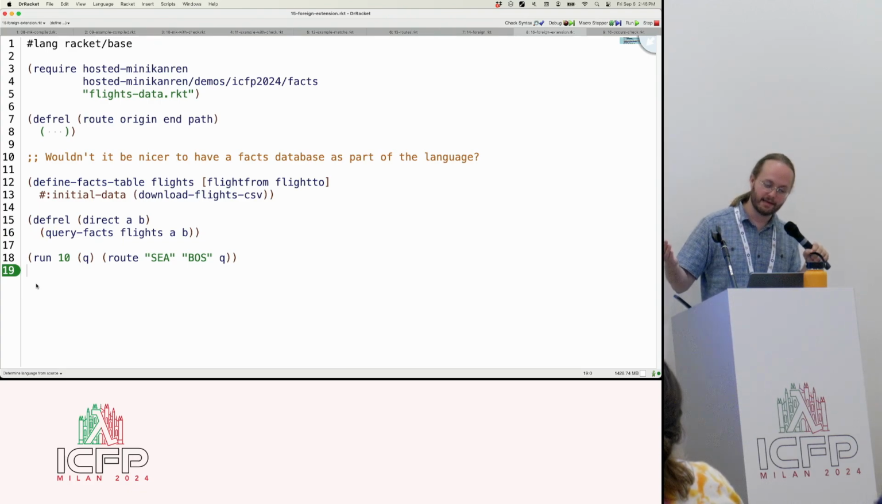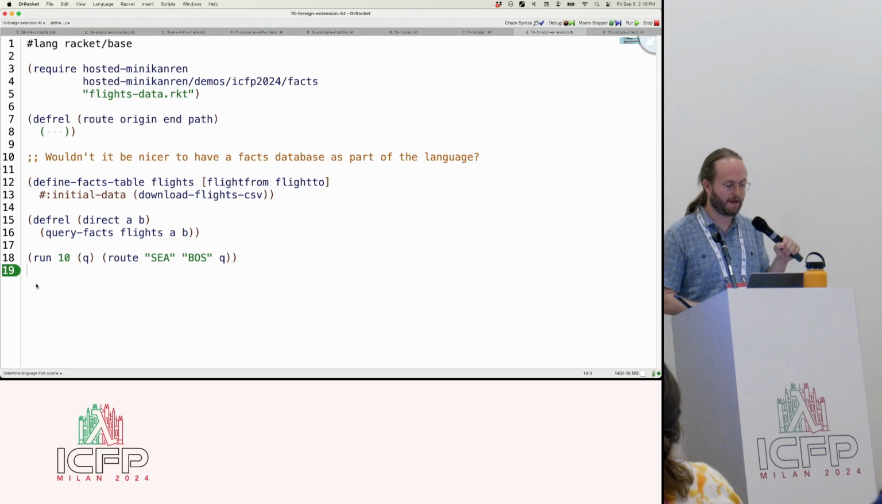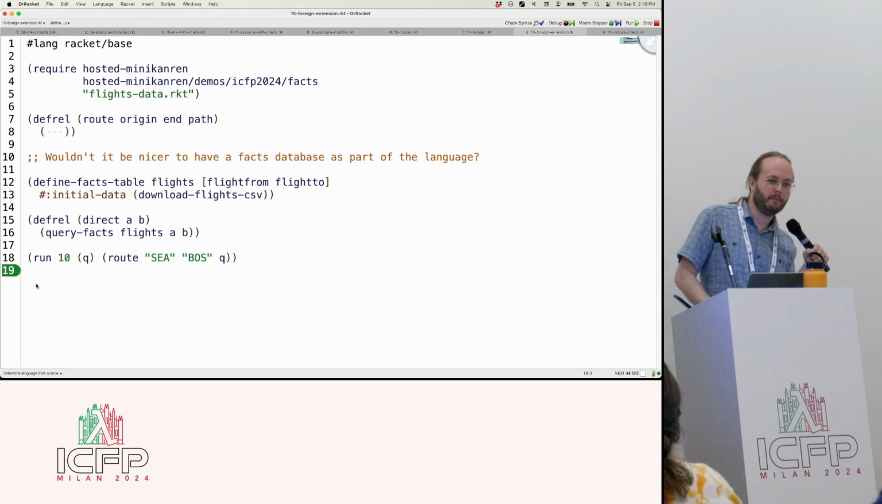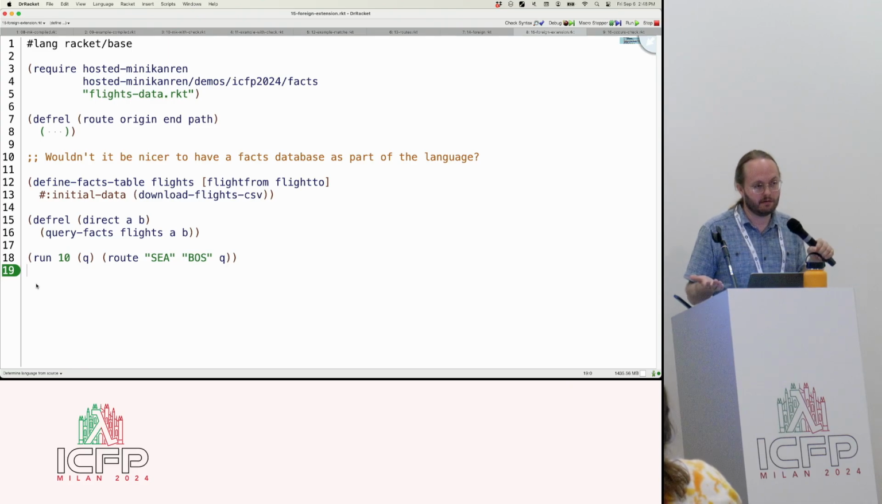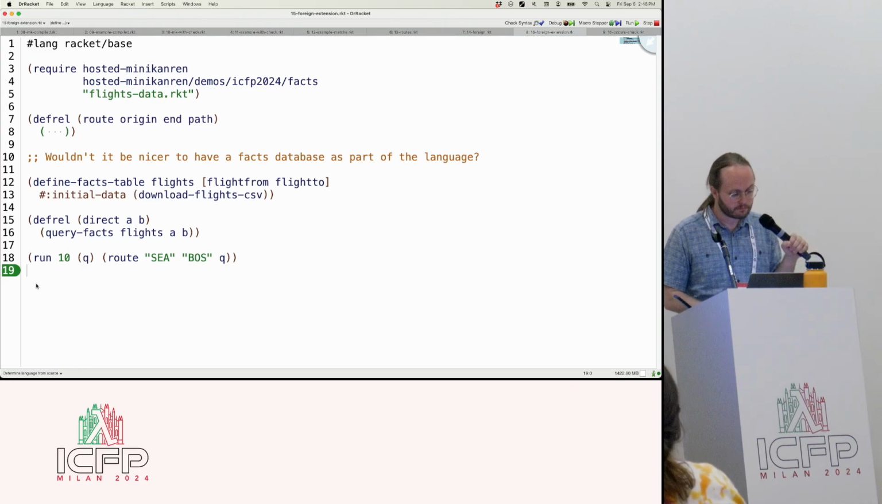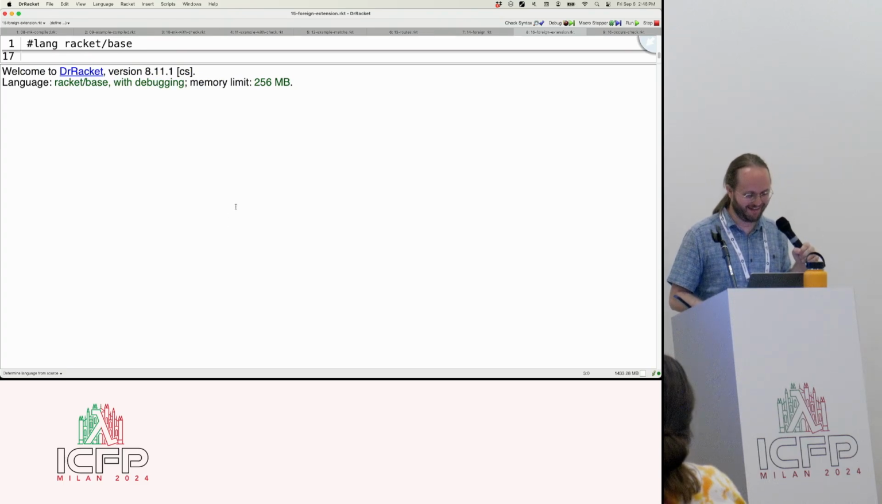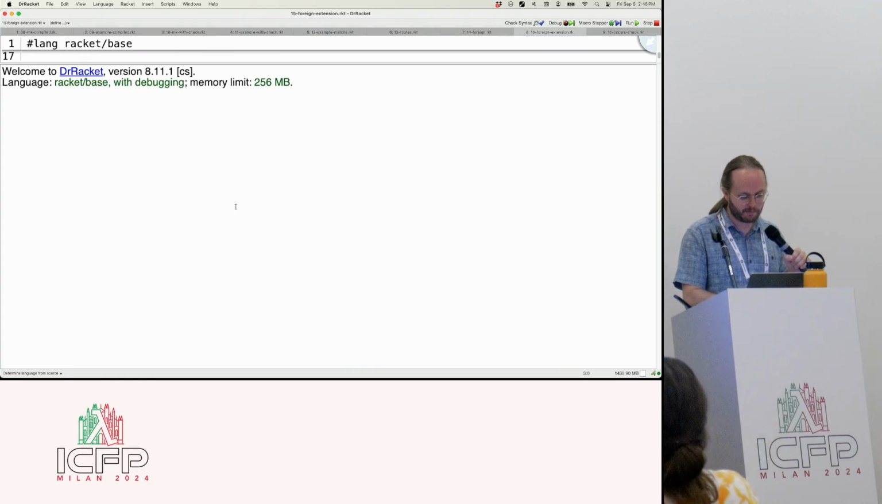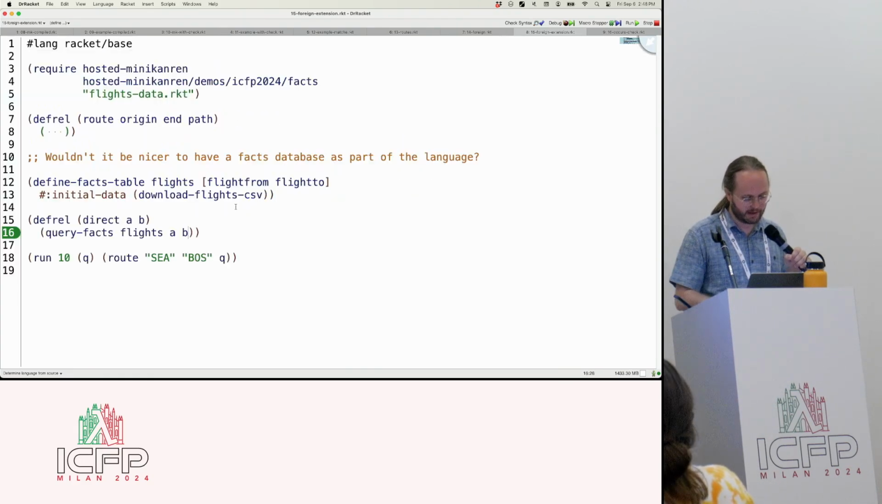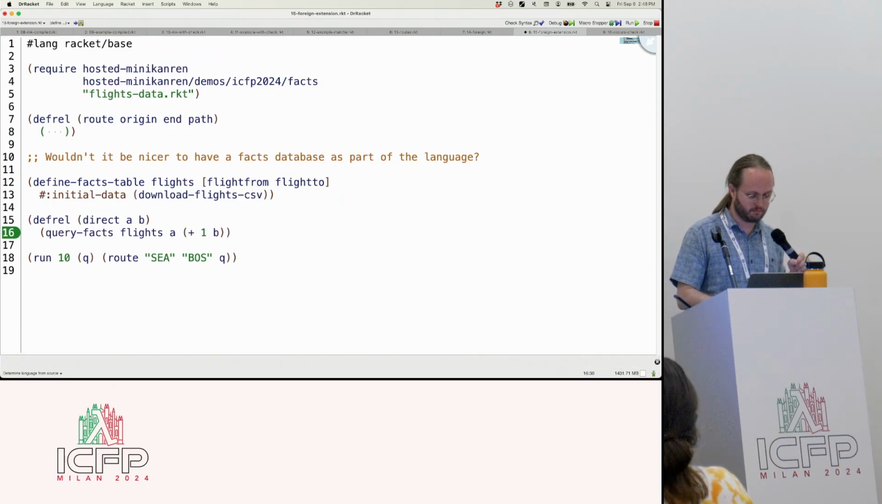And the nice thing is that we can just implement query facts as a macro on top of all of that multi-language interaction that we did. So from the user's perspective, you can't tell that it's interacting with Racket. It is very careful to make sure that, for example, if I tried to do something wrong, like use Racket here, plus 1b,